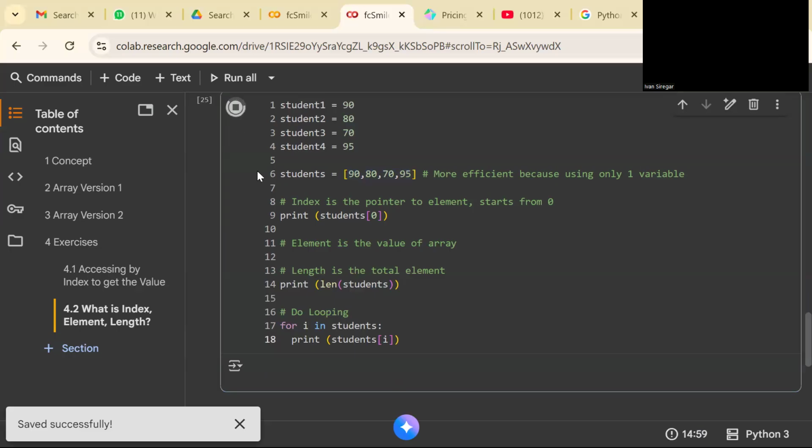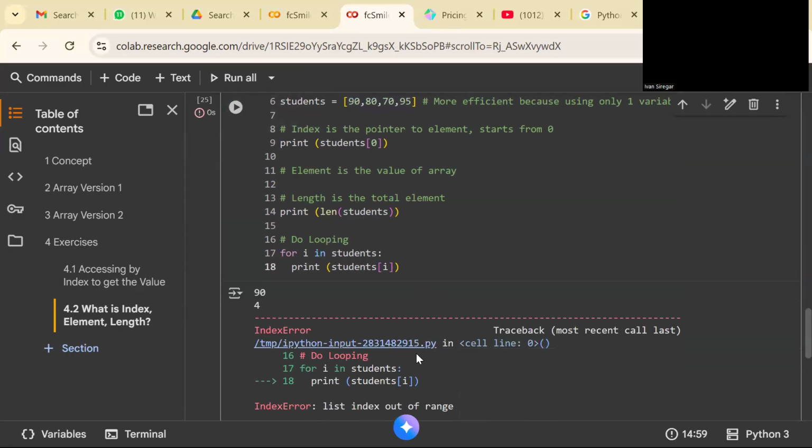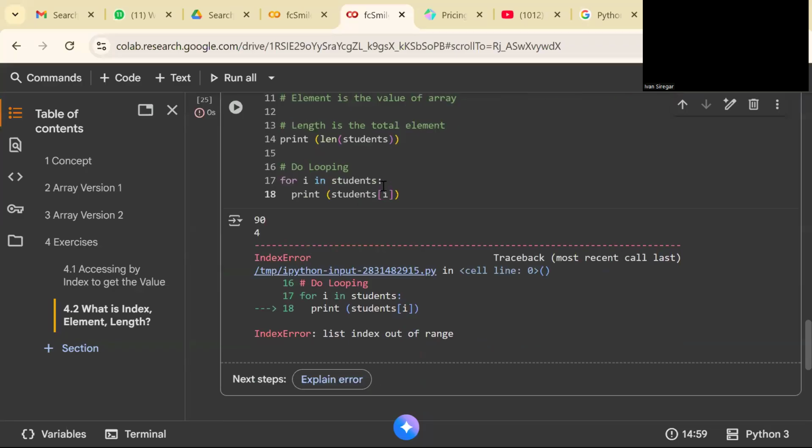Okay, so that's it. You're going to have print students, not here, yeah, students, length of the students.